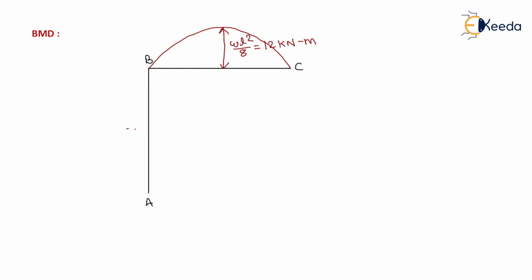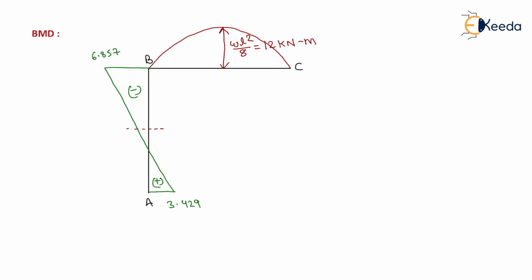So on the left hand side of section XX, if the moment is positive, then we need to plot this moment below the axis. So it will be equal to 3.429. Now on the right hand side of section XX, the moment is 6.857, so we need to plot that moment above the base axis, that is 6.857. Okay students, and we need to join this by a straight line, like this, and that moment is negative throughout.